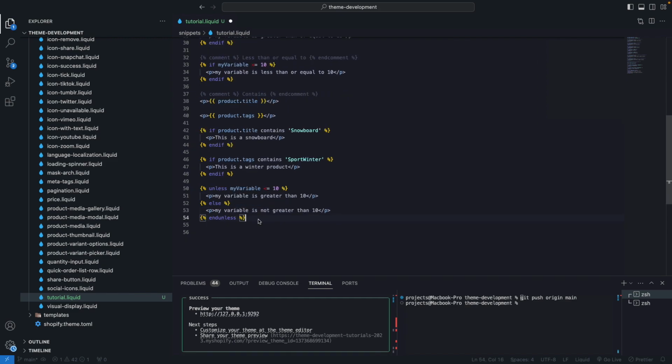Okay, so now let's see logical operators. What this lets us do is chain conditions together. So for example, let's say that I want to print a message if I'm on a snowboard page and the snowboard is an affordable one. So let's say that I do if product title contains snowboard